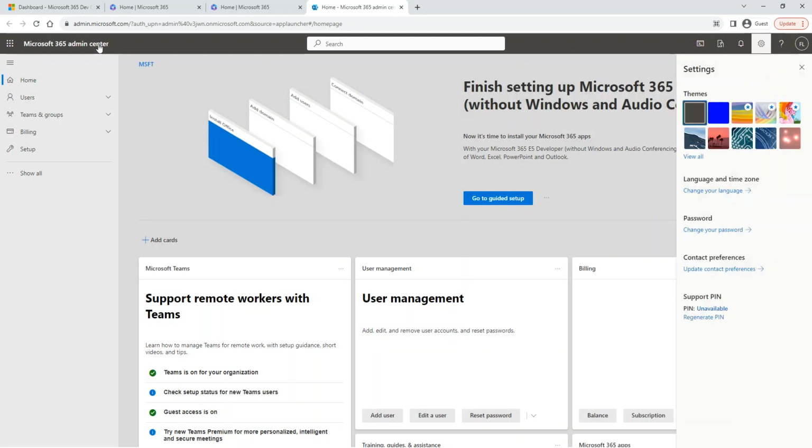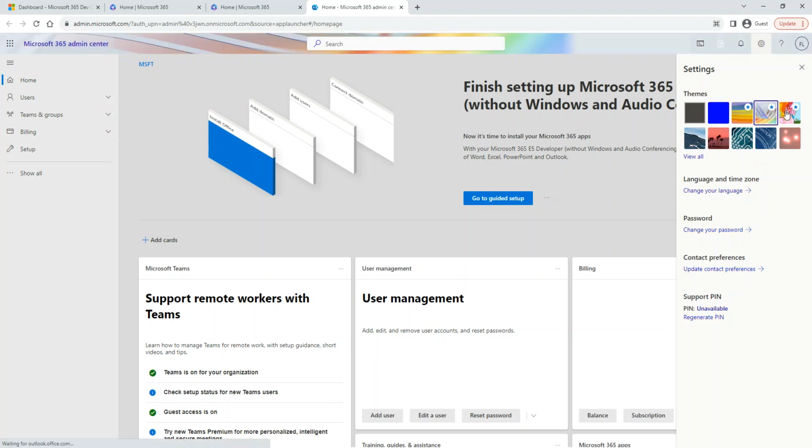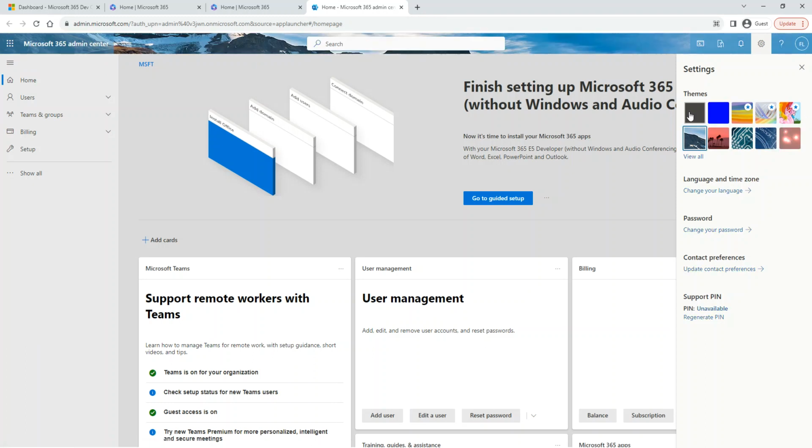Again, this is personal. As you can see here, the top theme is darker. If I click on this one, for example, turn it blue, you can just change it. This is, again, personal. If I change it this way, it's going to change for this specific user. If another user has access to the Microsoft Admin Center, it may not show the selection that I made right here. So if we wanted to set this for an organization, we have to do it through a different way.